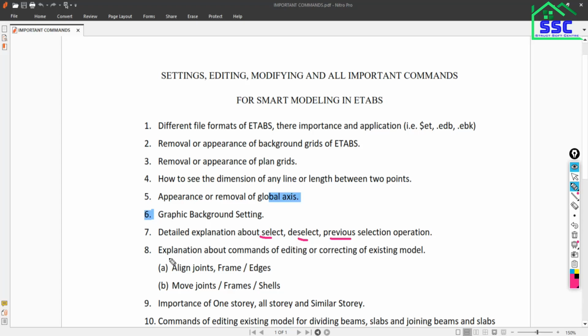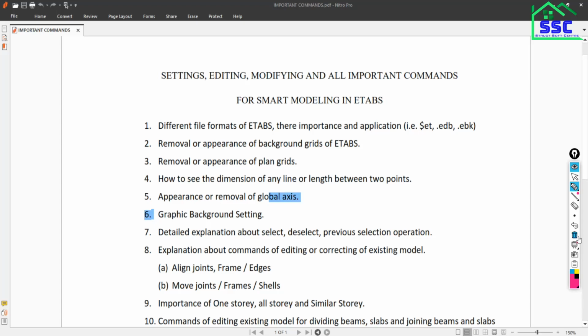Okay, now next explanation is about the commands for editing or correcting an existing model. As we have discussed, before the analysis we need to perform checks for modeling correction. Suppose we have to model a structure.